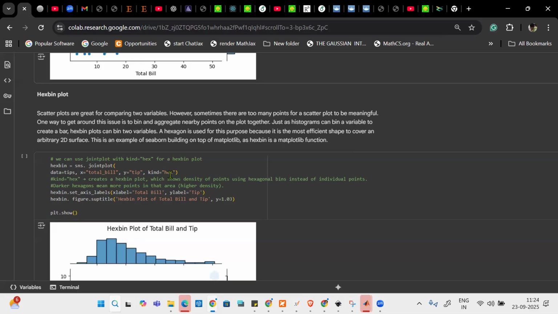So the darker, so you can see there is a hue. There is a hue like that means like,